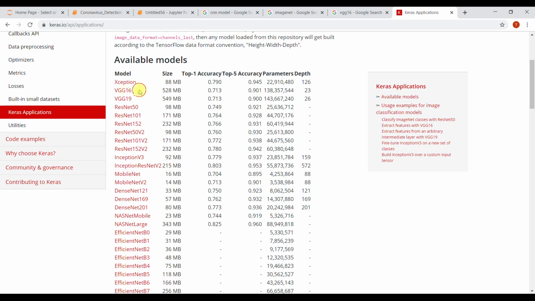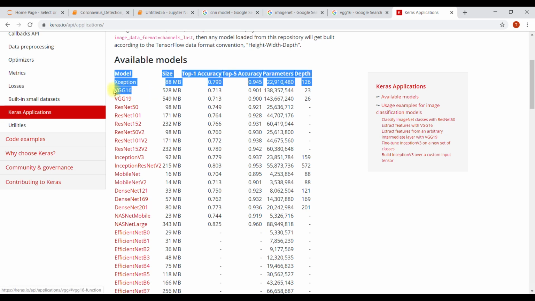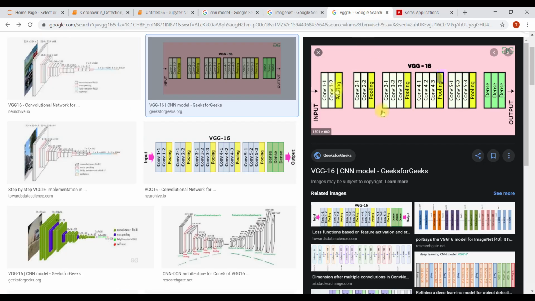So what we're going to do is take this pre-trained CNN and train it on our chest X-ray images. All these CNNs have already been trained on various kinds of classes, it might be animals and this and that.